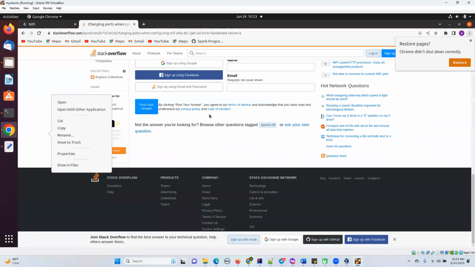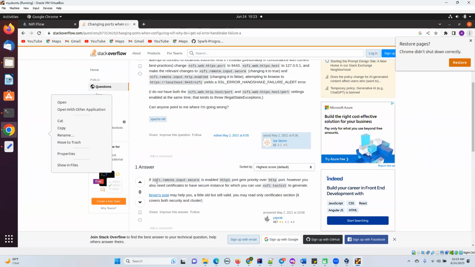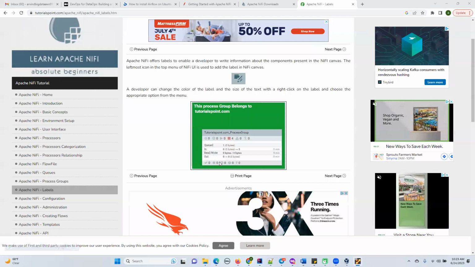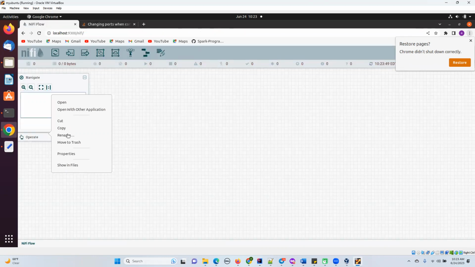If you have HTTPS configured, then HTTPS is a higher priority. So if your NiFi remote input secure is enabled, it will get a higher priority, and that is the reason you will not be able to start. So you should remove it. Then when you want to do some admin activity, we can set the secure property too. Then we can open the 8443 port. So here in the NiFi, if you see,